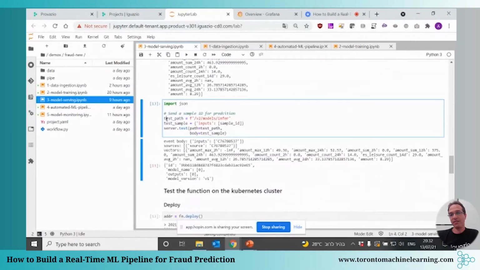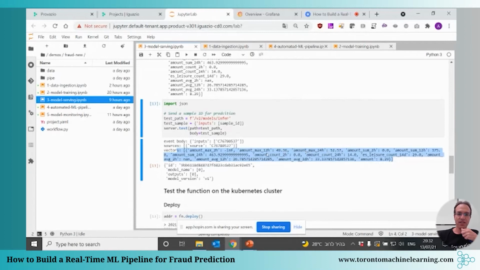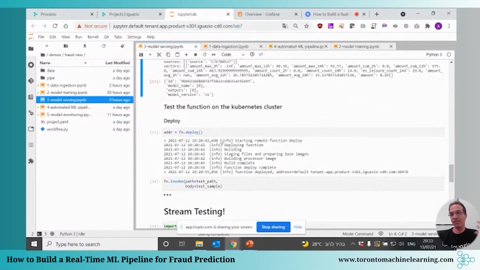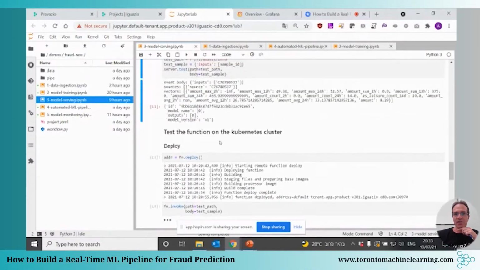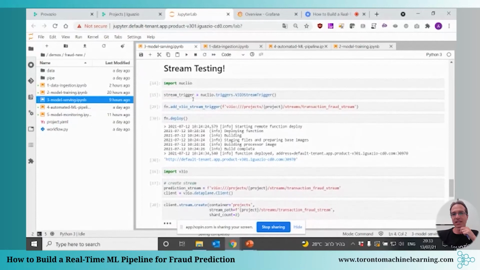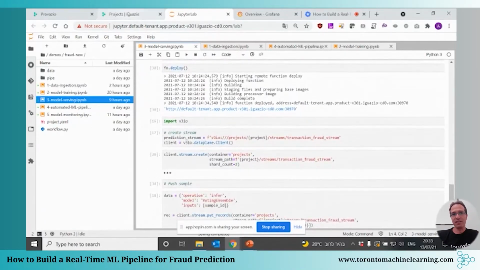So if I'm looking here at the example, I'm sending some JSON input, and this is how the result is going to look like. The feature vector, the enriched feature vector that is based on the feature store and all of those calculations that I just created in the previous steps, and the output of the model, whether it's fraud or not. So that's, at the end of the day, the goal. So we can use a mock server locally to send those requests and see that everything is running, and then deploy those functions as a serving function.